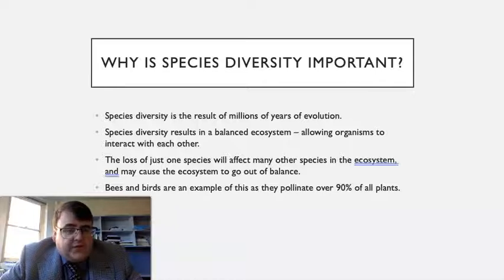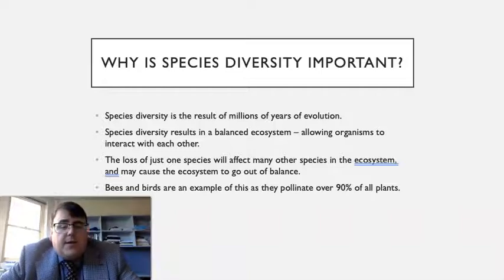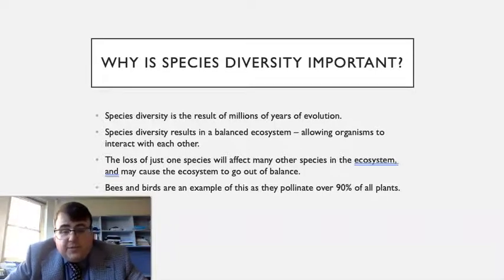There might be a food source for another animal, or the numbers of that organism might have been contained by another organism. Removing one species, if there's not high species diversity, has the potential to cause an ecosystem to go out of balance, essentially. Bees and birds are a great example of this, because bees and birds pollinate over 90% of all